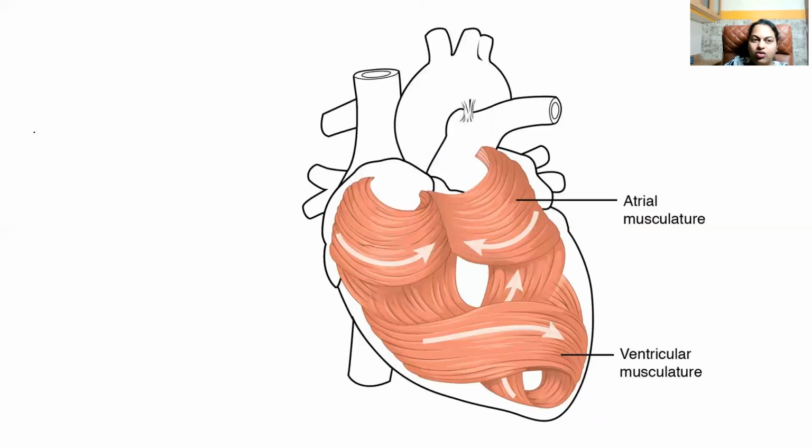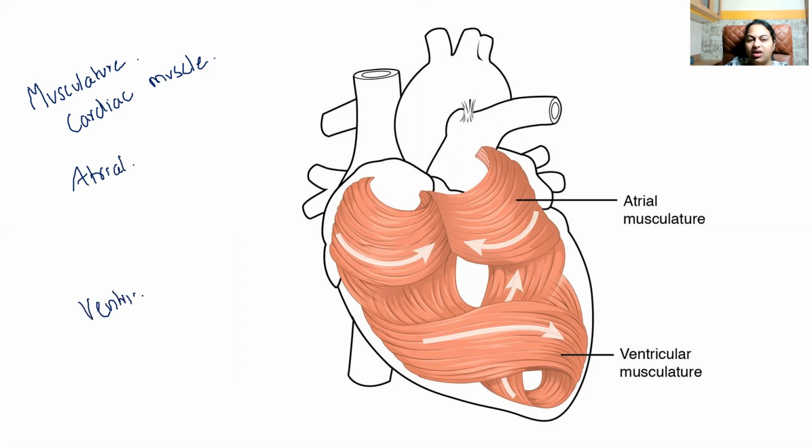Now, coming to the second topic of the presentation, the musculature of the heart. What is the type of muscle that you see here in the heart? Smooth muscle or the cardiac muscle, isn't it? So, there is cardiac muscle of the atrium as well as the ventricle. In both atrium and ventricle, the fibers are arranged as superficial and deep.